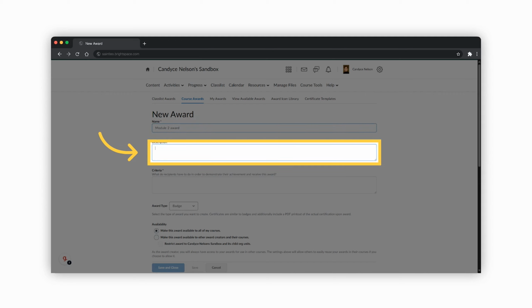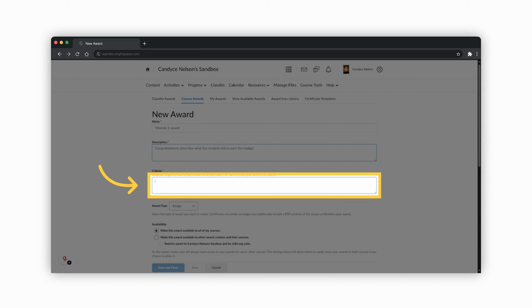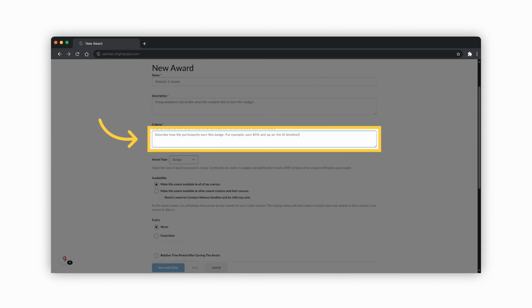Select the Description field to provide details about the award. Write a congratulatory message explaining what the student did to earn this badge. Access the Criteria section to define how students qualify for the award. Describe the specific requirements that need to be met in order to earn the badge, like achieving 85% or higher